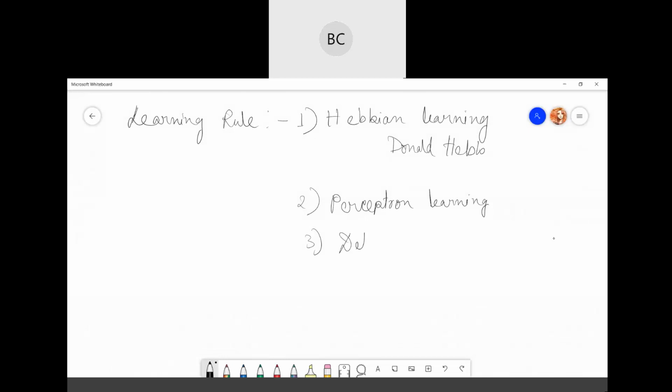Then we have the delta rule. The delta learning rule is most widely used, which is also known as gradient descent. And in the delta rule we have a generalized delta rule, which is nothing but your backpropagation.